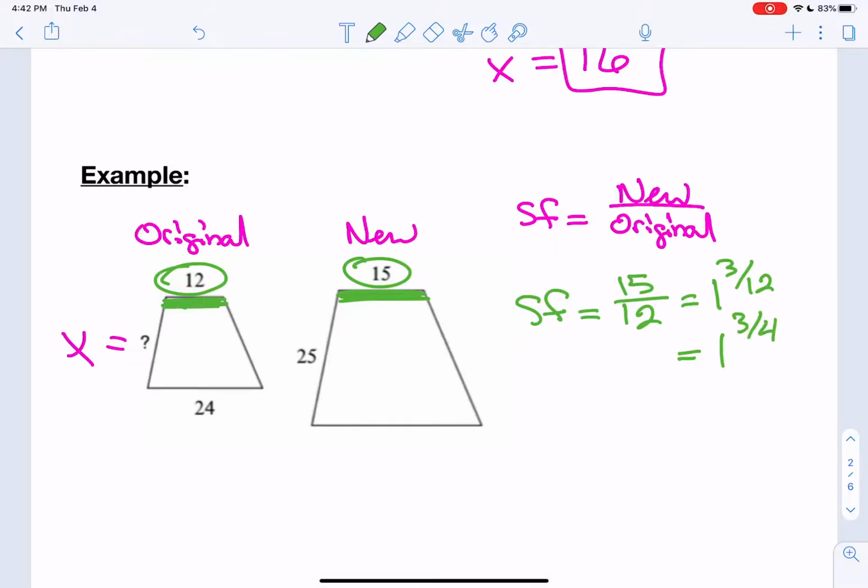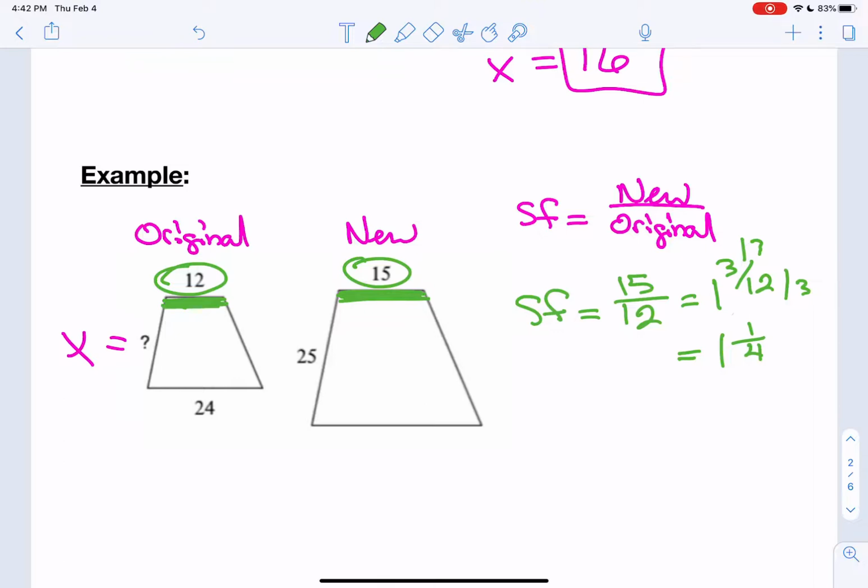Oops, I'm sorry. No, it doesn't. 3 goes into 3 one time. 12 divided by 3 is 4, so it's 1 1/4. Whew. Okay, now